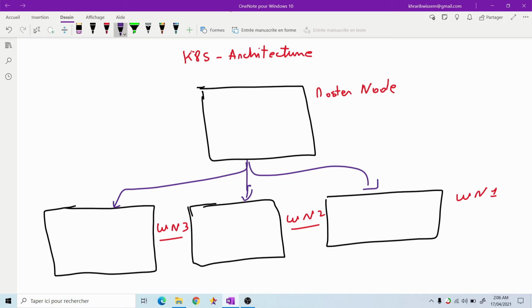In the master node, first of all, we have something that's called an API server. So let's put it here, for example, API server. And the API server is responsible for all the communication that happens inside the Kubernetes cluster. So for example, the communication with the worker nodes is done through the API server, and if we want to